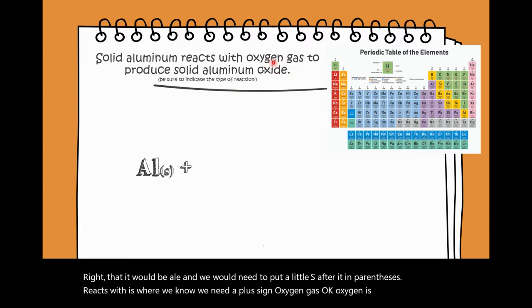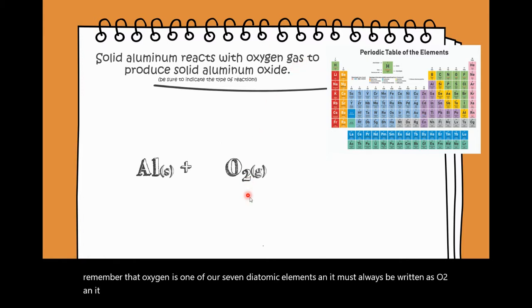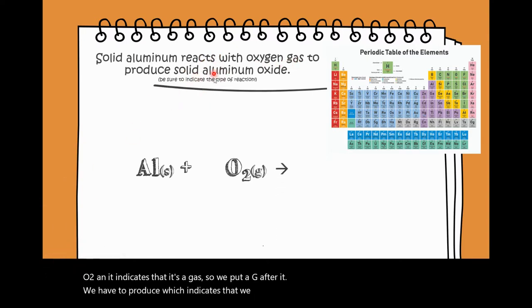However, remember that oxygen is one of our 7 diatomic elements, and it must always be written as O2. And it indicates that it's a gas, so we put a (g) after it. Next, we have "to produce," which indicates that we need to go ahead and put an arrow, and solid aluminum